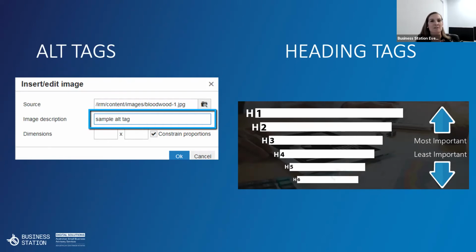Heading tags all carry different weights. As you can see in the image here, it is weighted by order of number. An H1 is the most important, which is generally the page heading, what the entire page is about. Then subsequent sizes, an H2, an H3, and H4 is what the particular section or paragraph is about. So it's the heading for those sections. Keep that in mind. You would absolutely have different size headings on your website anyway, so it's just a matter of making sure in your code that they're labeled properly with an H1, H2, H3, etc.